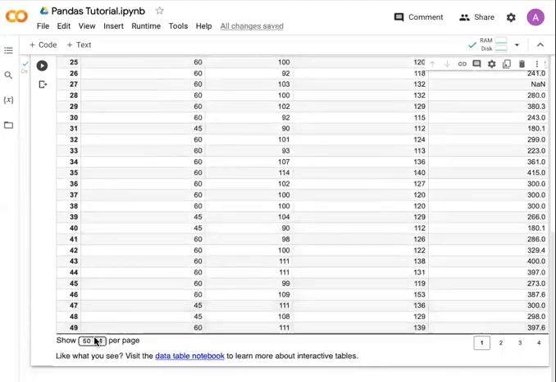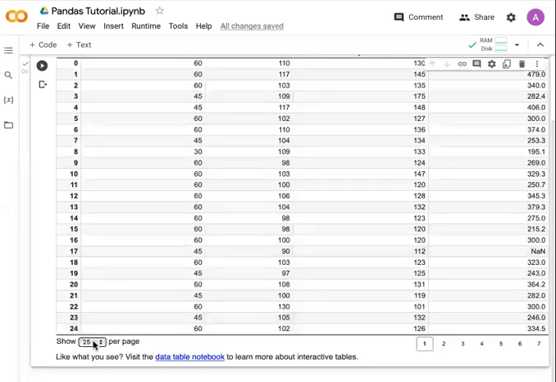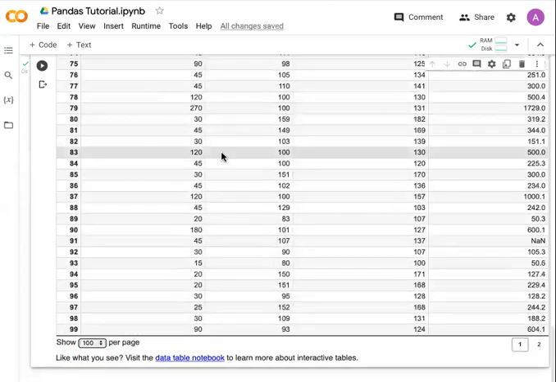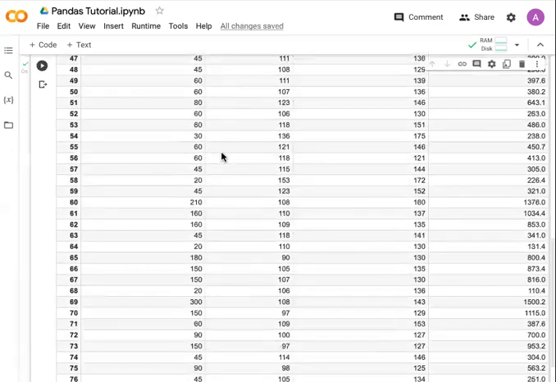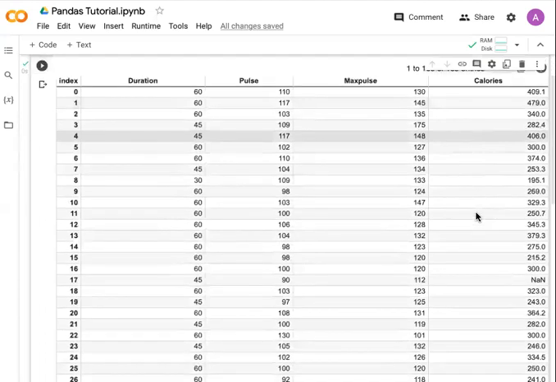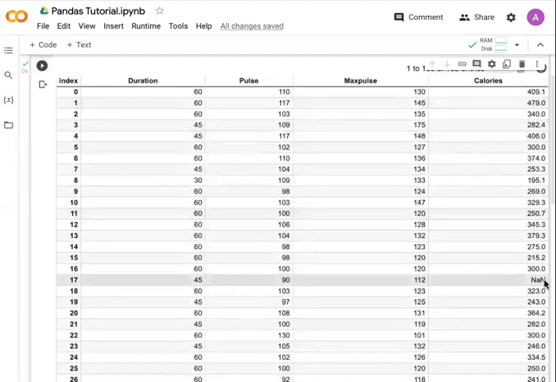So here is the button. I wasn't able to show it on the screen, but you can put here 25, or 50, or even 100 of them. So let's use 100. Let's display 100 rows. Let's scroll through this data set. We can see